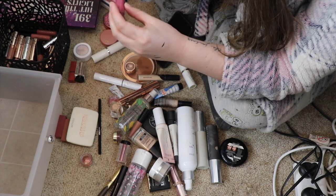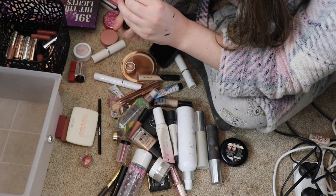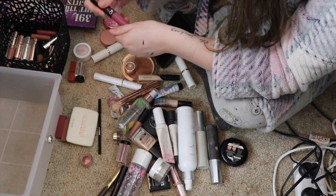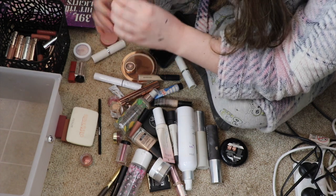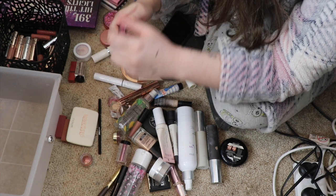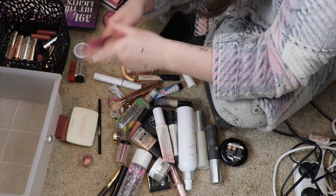It does not have a shade. That's so weird. There's literally no shade name. I'm so confused. If anyone at home has an Ofra lipstick, can you please tell me where they usually put the shade names, because there's literally not one on this. But anyway,